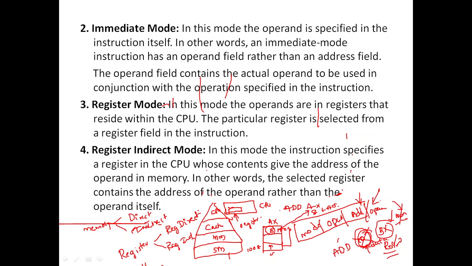I'll show it with a diagram. No worries. Register indirect, in the sense that normally we specify the data in the register. But in register indirect, instead of specifying the data in the register, we give the address. So again we have to go to that address. Two references need to be made when it comes to the register indirect addressing mode.